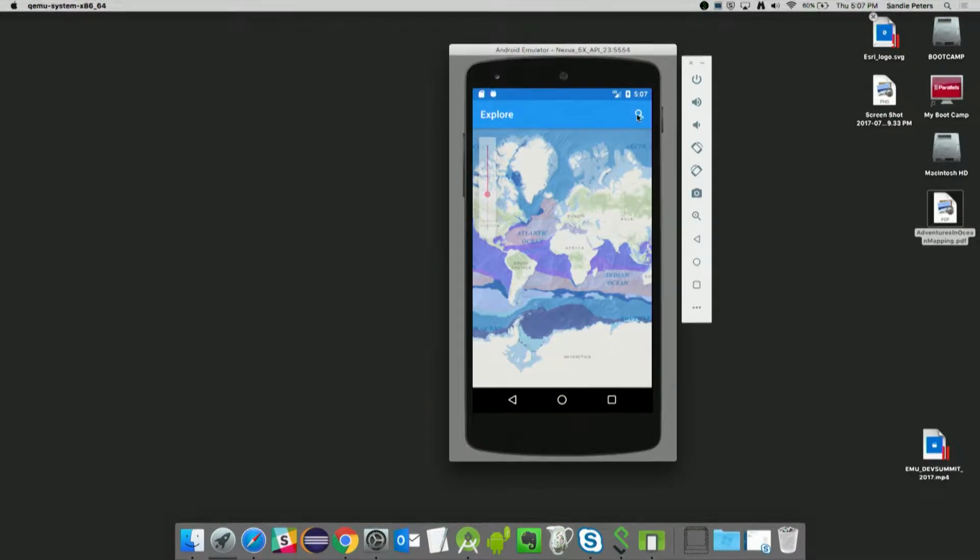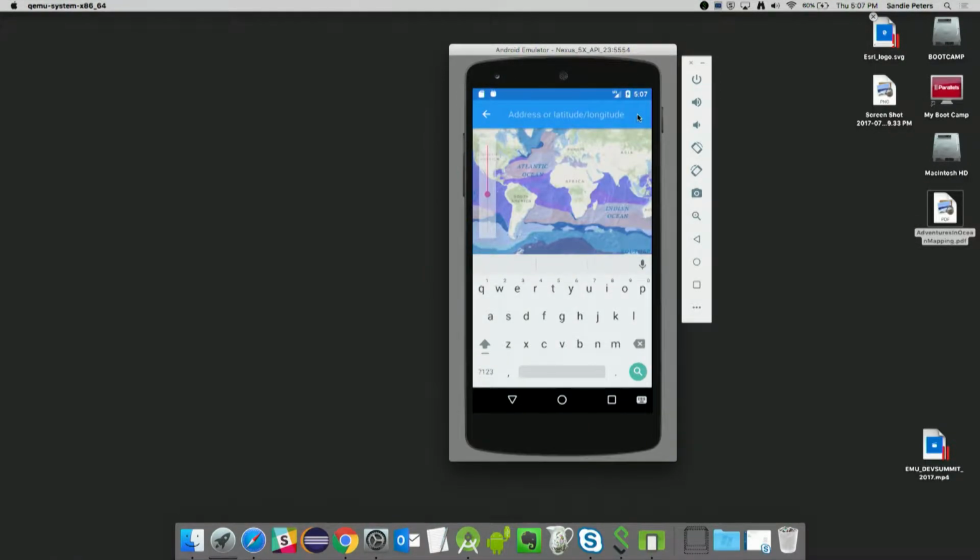Let's see. We can also do a search. This is backed by the World Geocoder. One of the deepest parts of the ocean is the Mariana Trench. It's about 10,000 meters at the deepest point. So I can start to type in